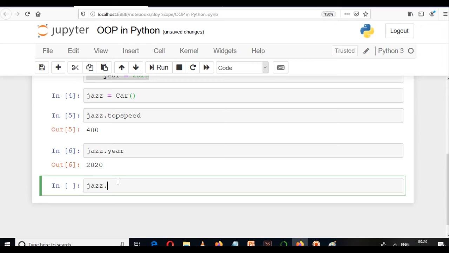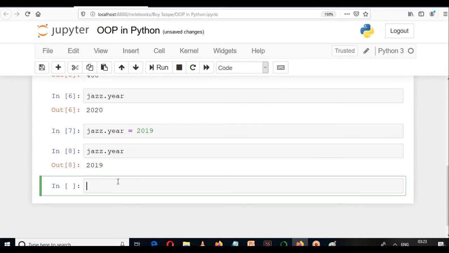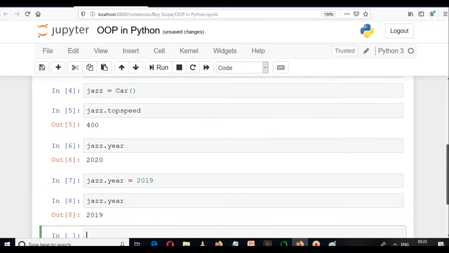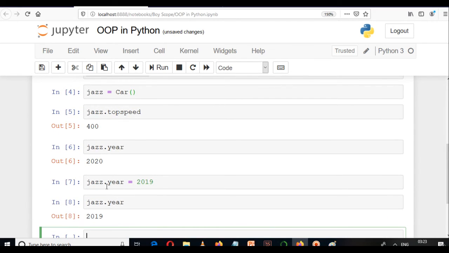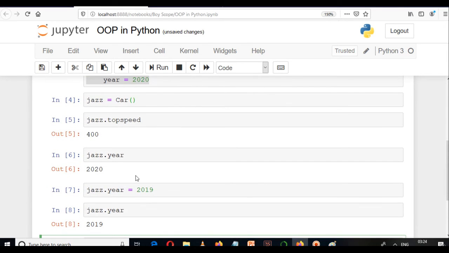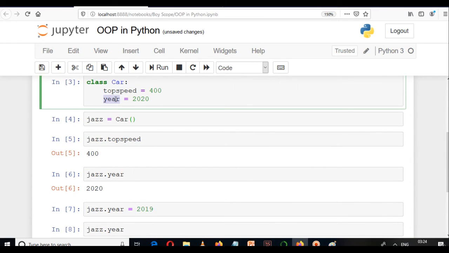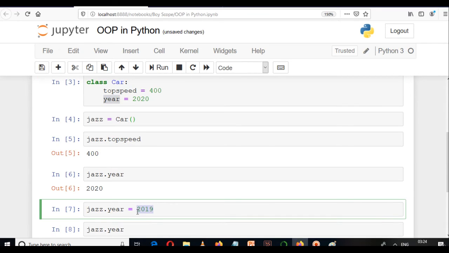What if I write jazz dot year is equal to 2019? Now if you write jazz dot year, it will be changed to 2019. So what is happening here is that the object of this class can access the value of any property of that class, and it can change its value also.